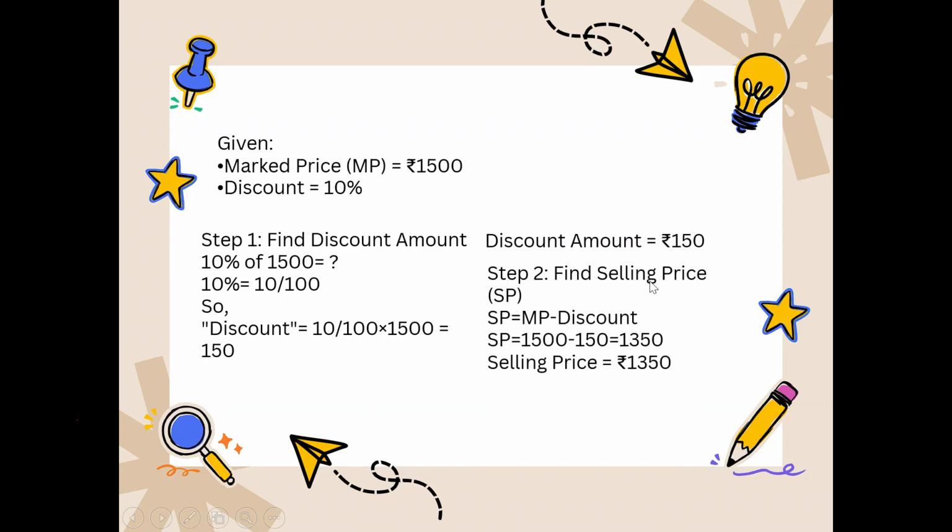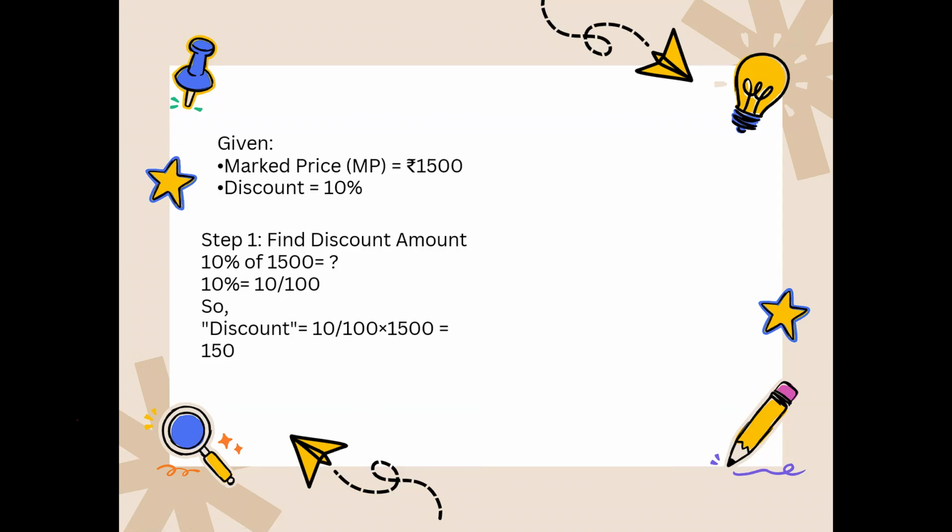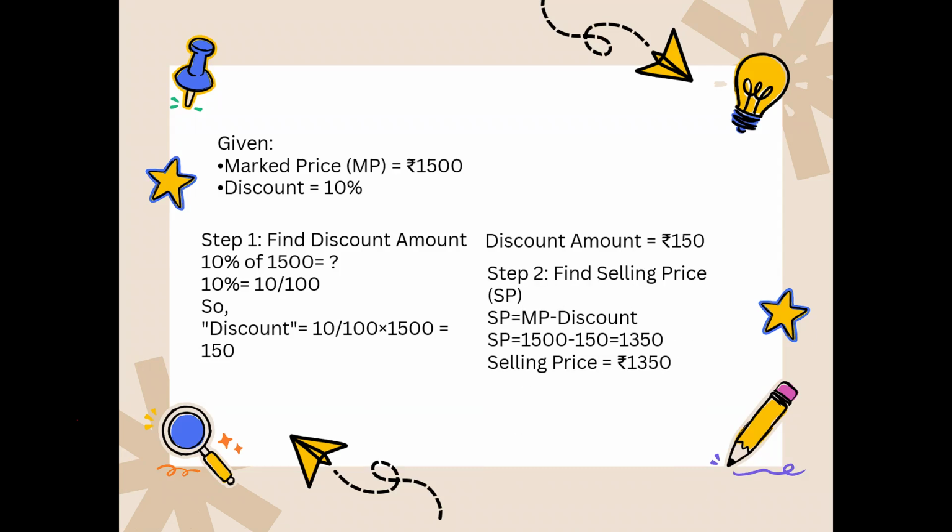Now step 2. We have to find the selling price. So how do we find the selling price? Because we have to calculate two things. Here selling price is nothing but mark price minus discount. So selling price is calculated as mark price was 1500, discount we already calculated 150. So after subtraction we get a value of 1350. So the article which was marked with price 1500, after applying a discount of 10%, will be sold at a price of